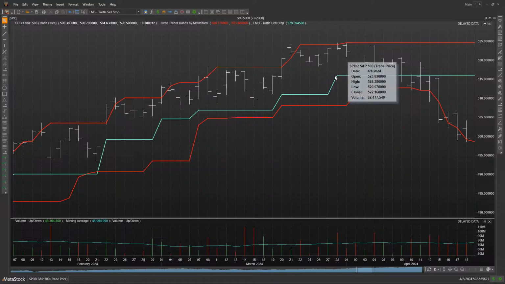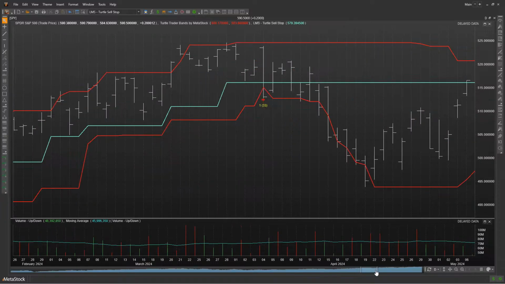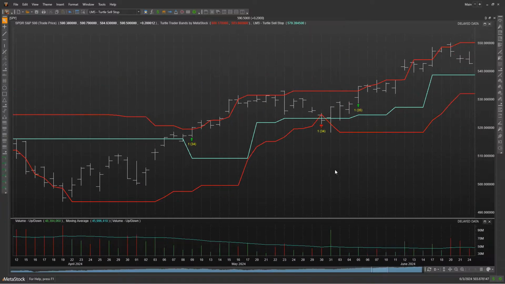And here again, for example, here's an exit signal. If we hover directly over it, you'll see it got out at 516.10 because again, that was the higher item between those 2. And if we go back over here, for example, you see this one got out at 524.72. That's because the value of this red line at that point is 524.72.